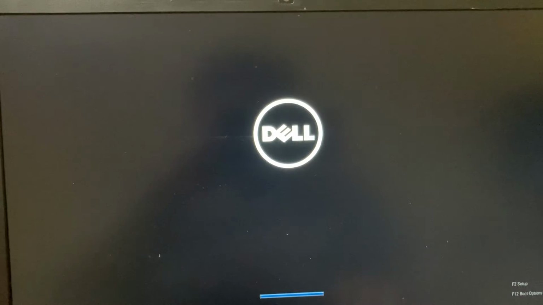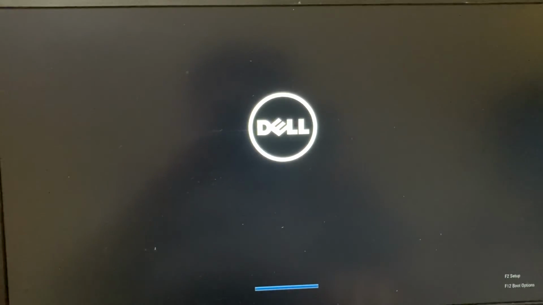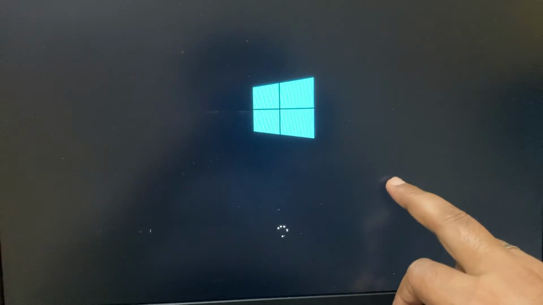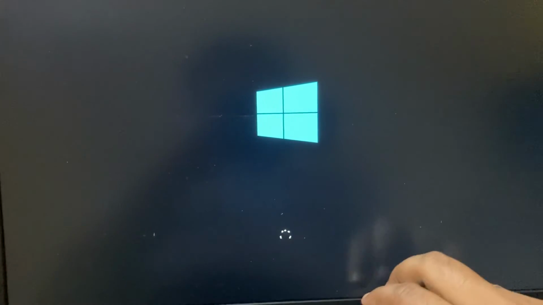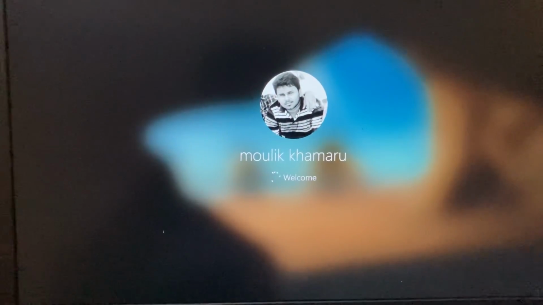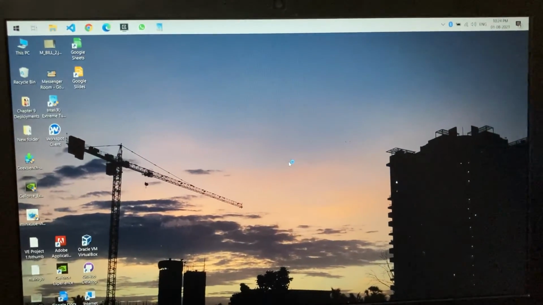Yes, and let's see if it's booted up or not. So it is getting selected from the 128 GB hard drive which I have. Previously it was getting selected from the 1 TB hard drive, so that Windows in the 1 TB hard drive got corrupted. So now I selected this one as default, and here it is. Okay, thank you guys.